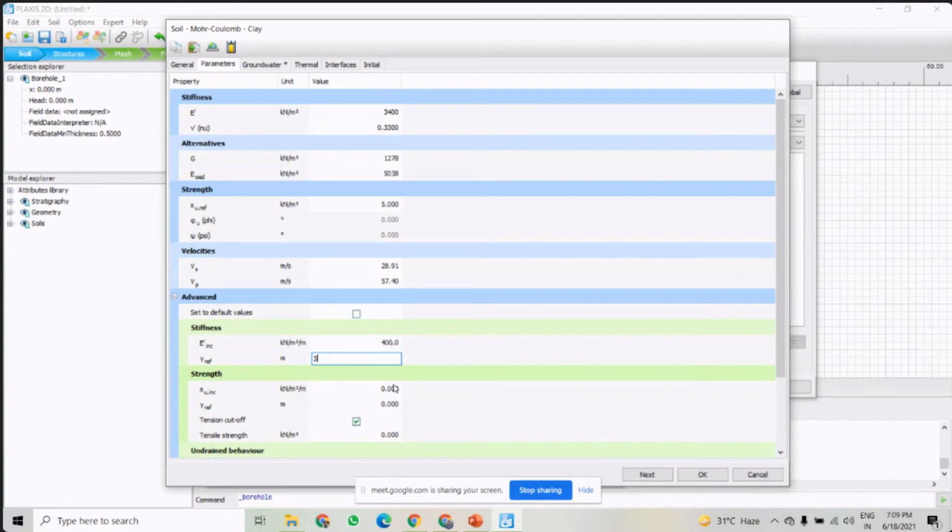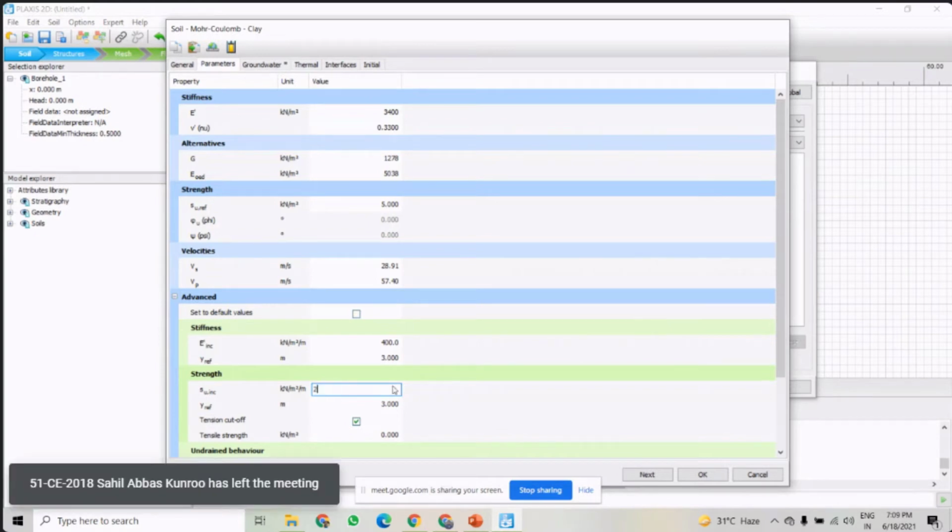Here this one, the undrained shear strength increment, is 2, and this reference level again is 3.